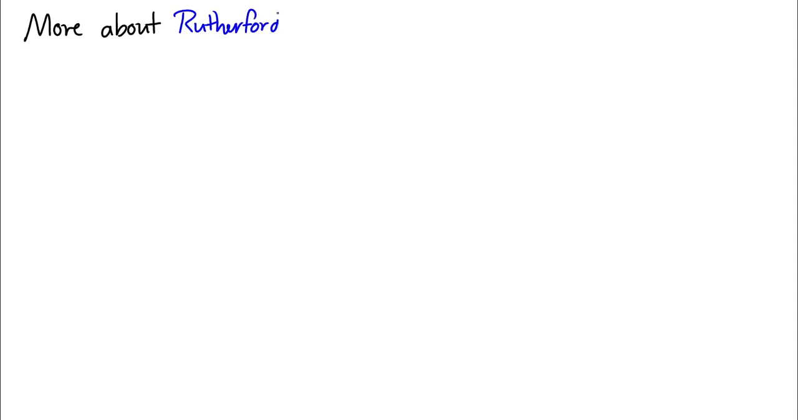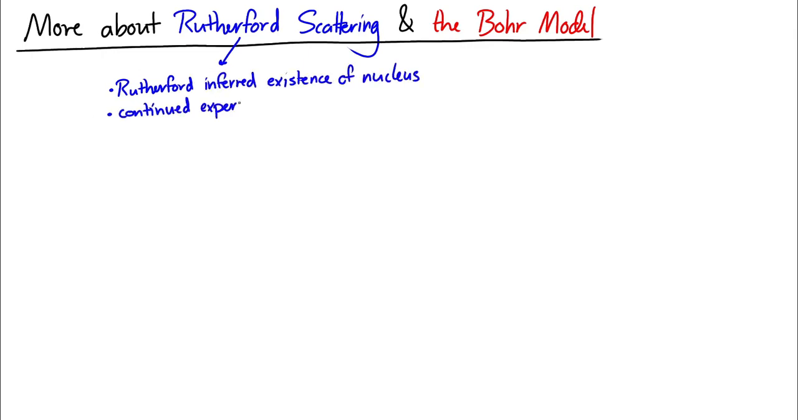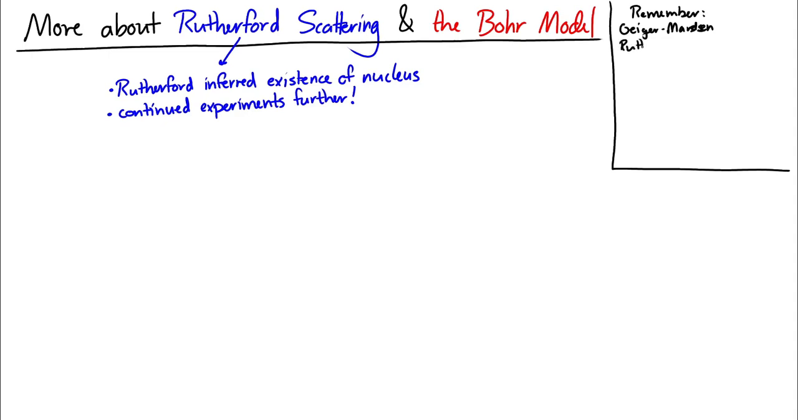Let's take a look at more about Rutherford scattering and the Bohr model. So once Rutherford inferred that there was the existence of a nucleus within an atom, he and others went further with their experiments. So remember, the Geiger-Marsden experiment, or the Rutherford experiment, or the gold-foil experiment, whatever you call it,